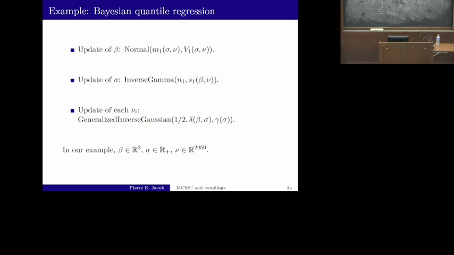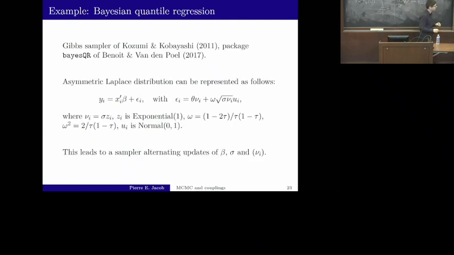You update beta given the rest. I skip the details, but basically you have a mean that depends on sigma and this latent nu, and a variance that depends on sigma and the latent nu. I skip the expressions. They're easily computable, but quite long expressions. So just to clarify here, again, the nu,